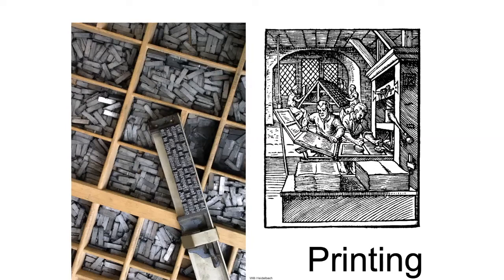This was solved with the invention of the printing press, where Gutenberg figured out a way to prepare these little squares. Actually, Buchstaben in German comes from that. Then you assemble them to form text, and you put it against a piece of paper, and with the ink it prints the text on the paper. And this is how you massively reproduce the same text. This is what gave rise to the golden age of newspapers in the 19th century everywhere, because we had a way to reproduce this massively.